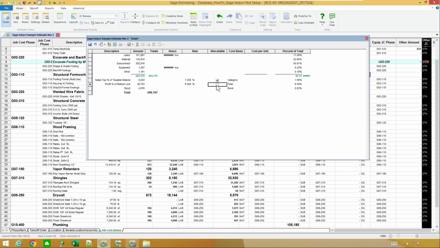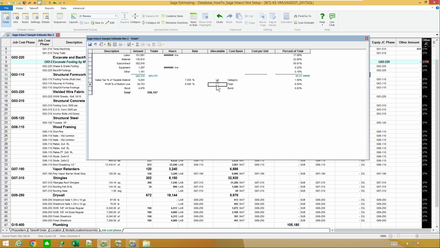It also lends itself for those clients that do like design build where maybe I'll do a preliminary estimate with 60% worth of drawings or 80% of drawings or different levels and so forth. And you could actually bring over multiple estimates and keep them separate and be able to look at some reporting that might show you the difference between our 60% and our 80% versions of those estimates and so forth.